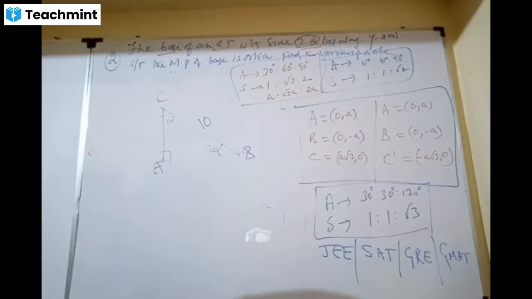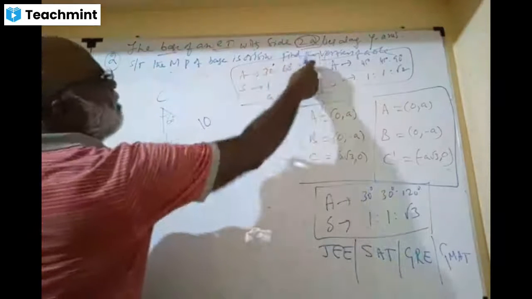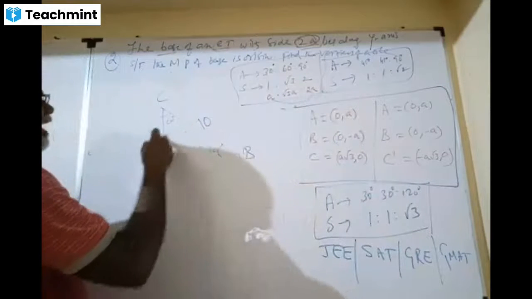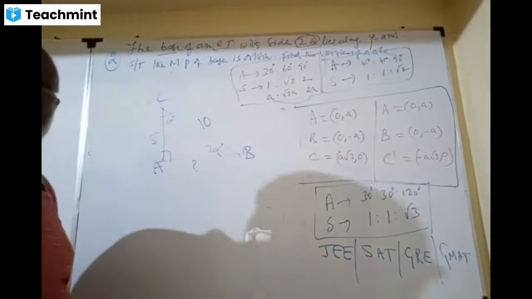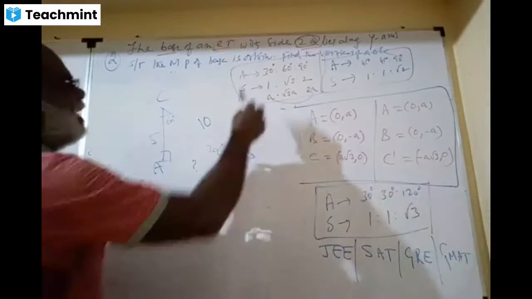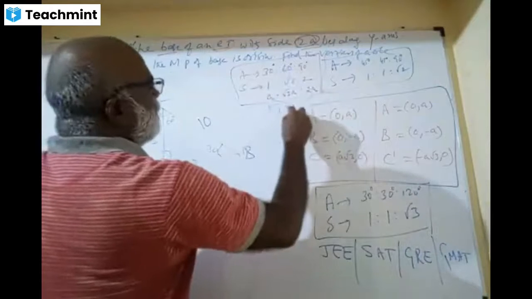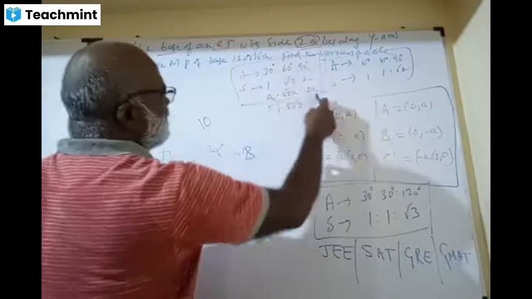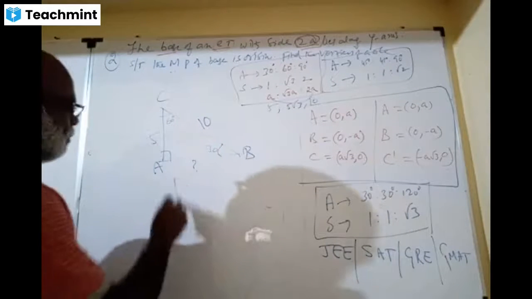Anybody? Why? Brilliant answer. 30 opposite is half of 90 opposite, so A and A are 10 and 5. What about this one? 5 root 3, sir. How? One is 5, and root 3 multiplied with root 3. That's all, 5 root 3. This is 10 mark. 1 is 5 and 2 is 10. Right? Come on. What a brilliant story, please. Next one, please.